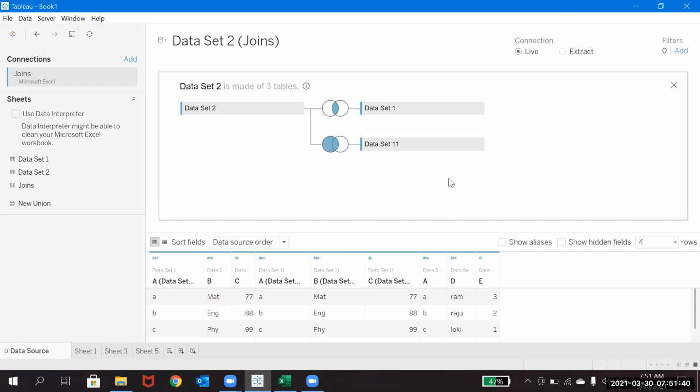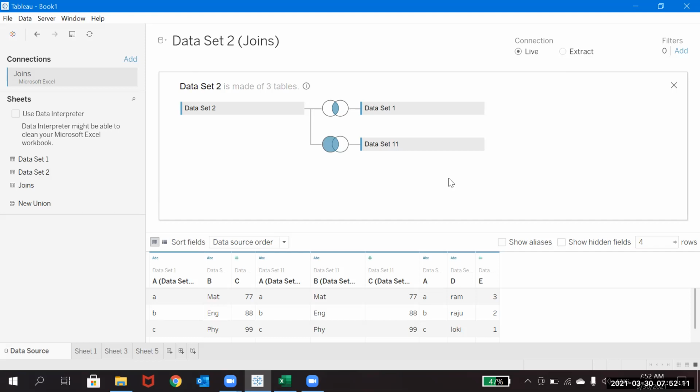Okay, so this is about the joins and blending. You guys have to do a lot of practice to understand this very clearly. I'm telling you again because I don't know whether you have created the data sets or not. So I will send two data sets to you guys.